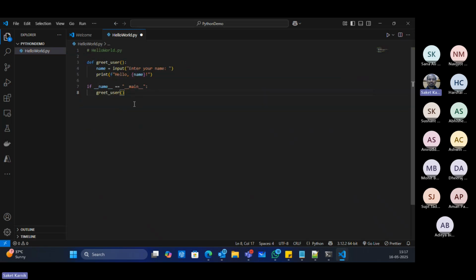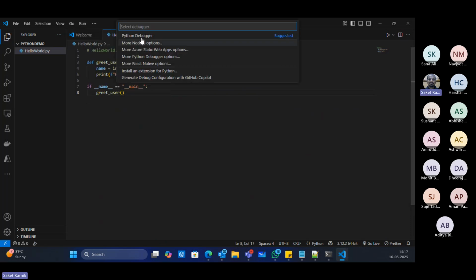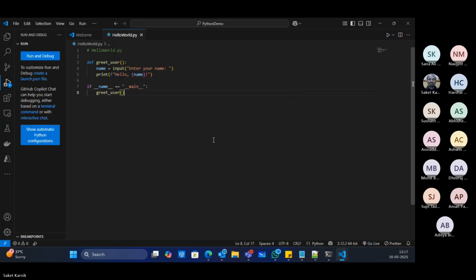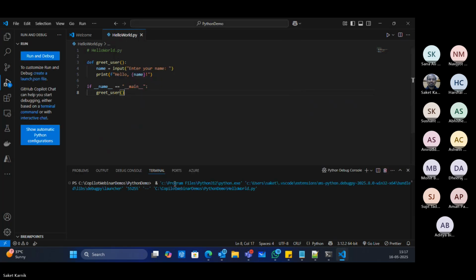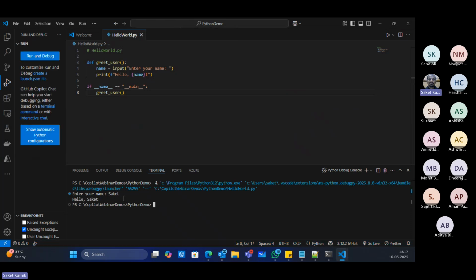Yes. So script is already created and I just need to say start debugging over here with Python debugger. So here opens the terminal. The script is running, asking for me to input my name and it does the job.